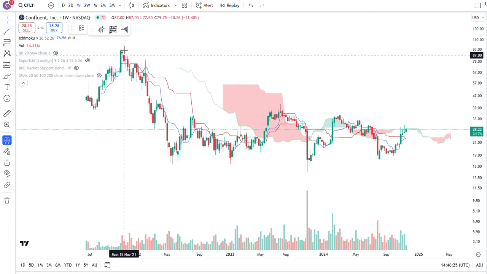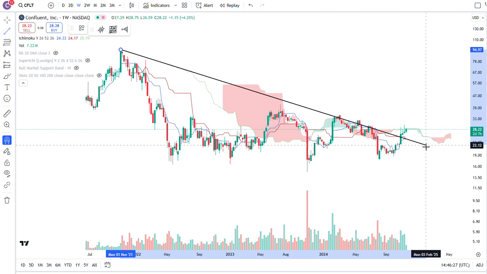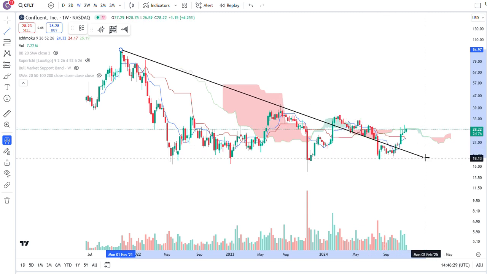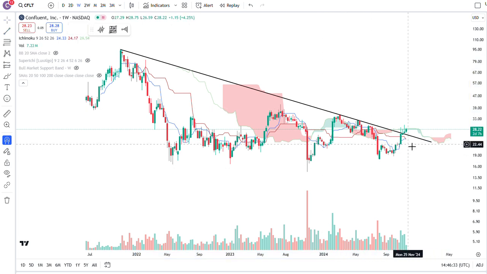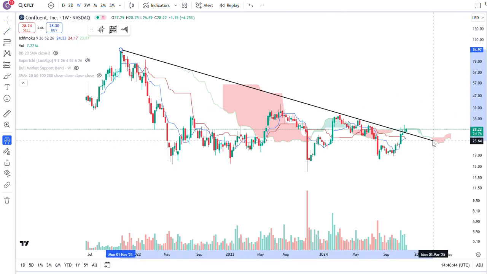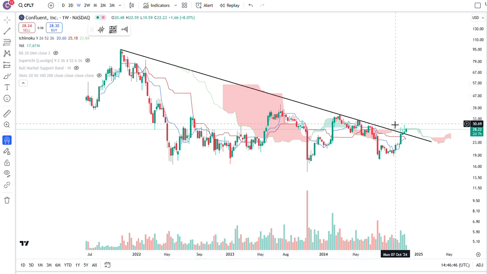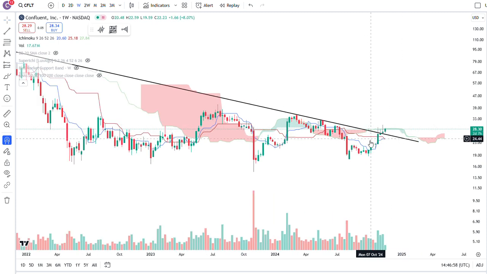The good thing though, if I just do a little bit of a trend line here, it did break above a lot of these trend lines that I'm seeing here. Even here, it broke above this trend line over here. But it's still stuck in a range, right? I can see it consolidate here for a little bit, or even come back down to the 24, 25 range to backtest some of the stuff down here, build up more energy and push through. But right now, it looks like the uptrend here may be a little bit exhausted. I'm just a little bit worried.